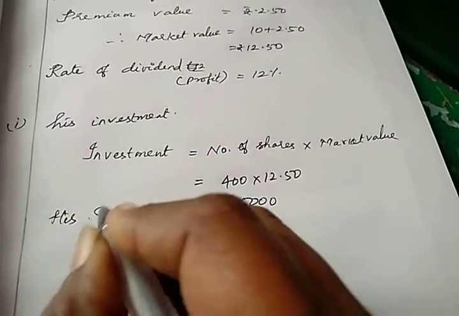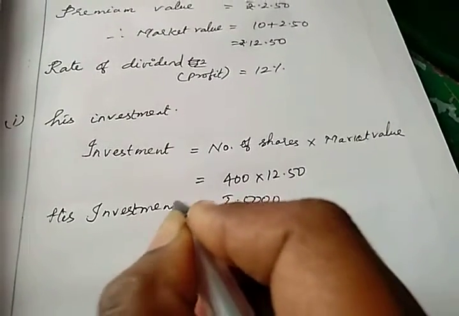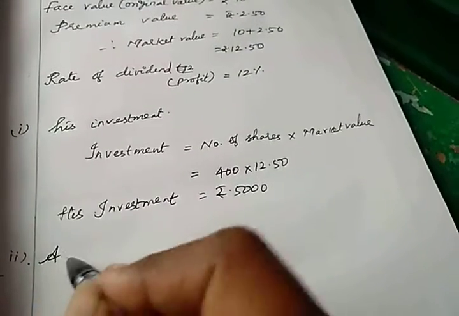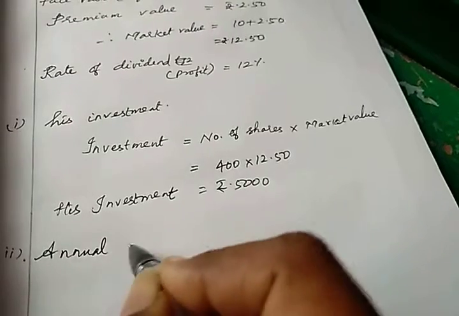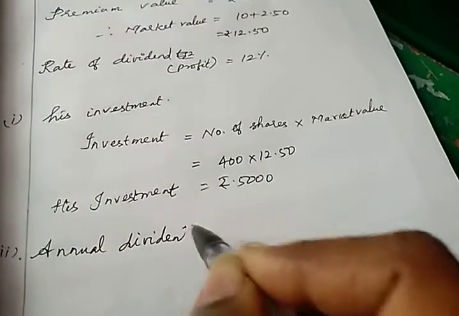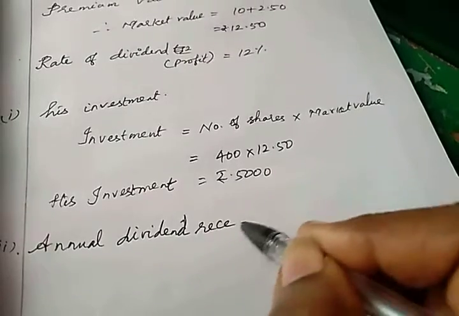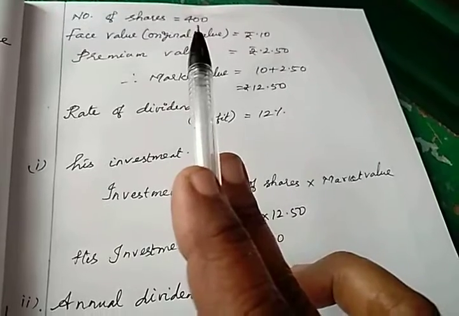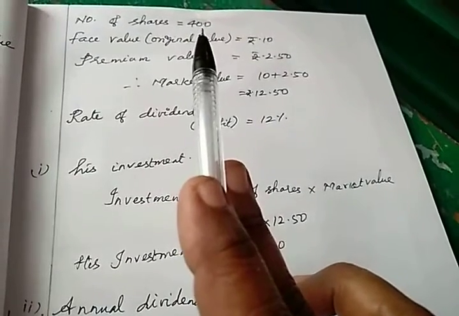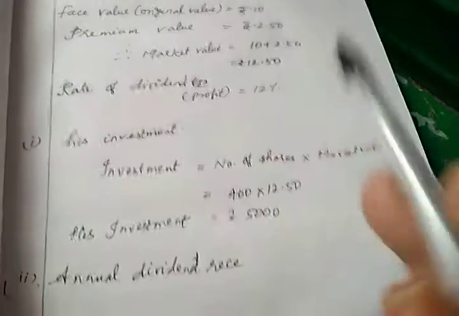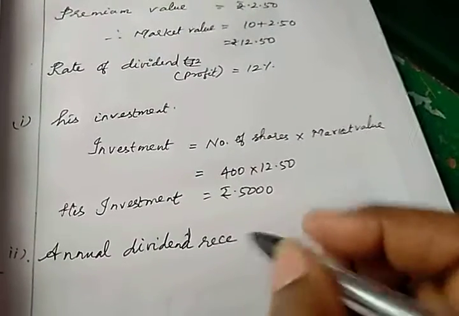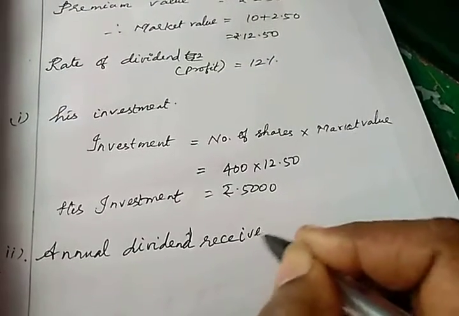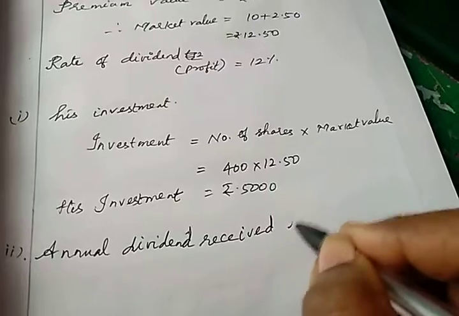His investment equals rupees 5,000. Second sum, annual dividend received by him. Even if you have 400, 500 shares, monthly, 1 month you can sell 20 shares, the other month you can sell 15 shares, then 5 shares, 2 shares, like that. So total annual dividend he has received, we need to find. This rate of dividend is for a year. Annual dividend received by him